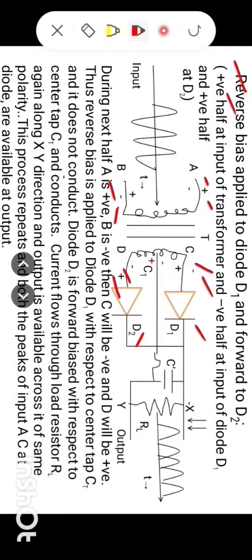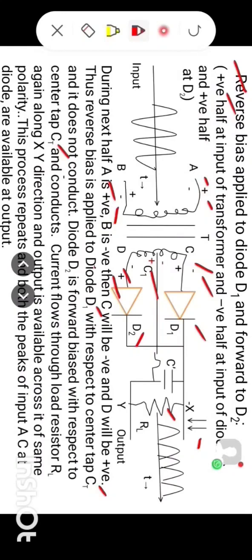Now polarity signs are placed on the outside of the transformer. Thus reverse bias is applied to diode D1 with respect to center tap C1 and it does not conduct. Diode D2 is forward biased with respect to center tap C1 and conducts. Now current flows through load resistance RL again along XY direction and output is available across it